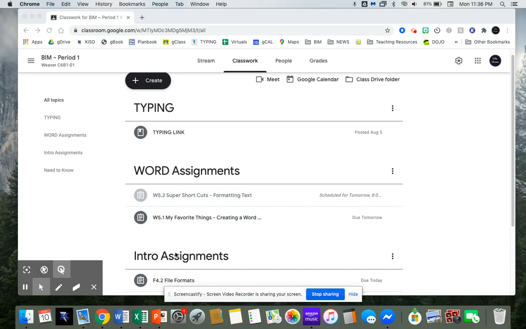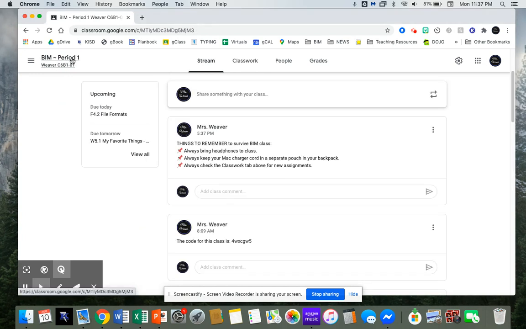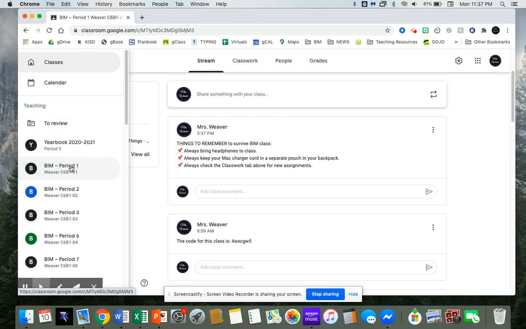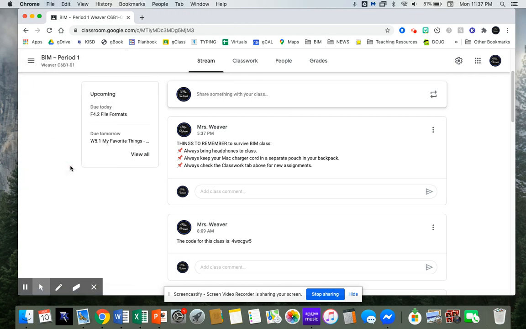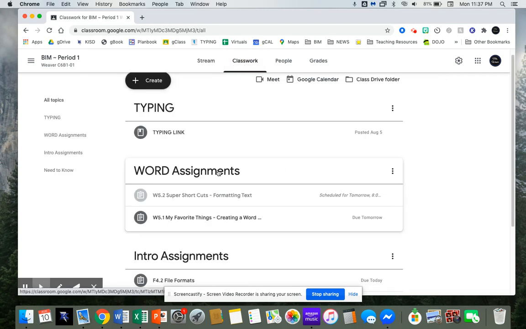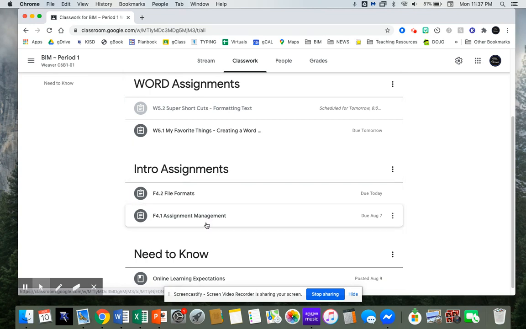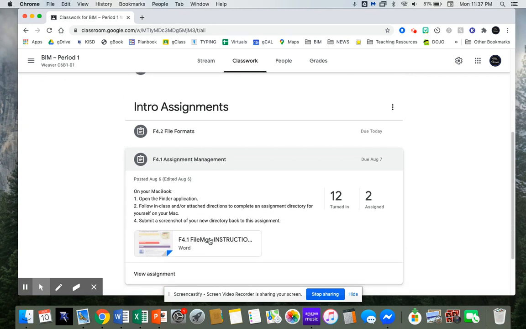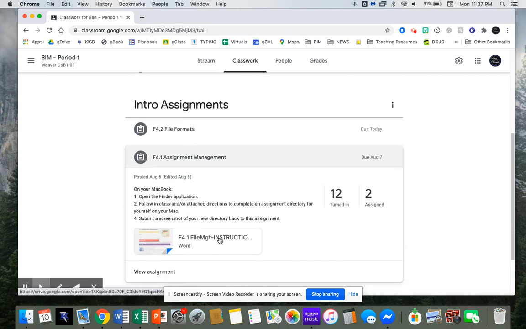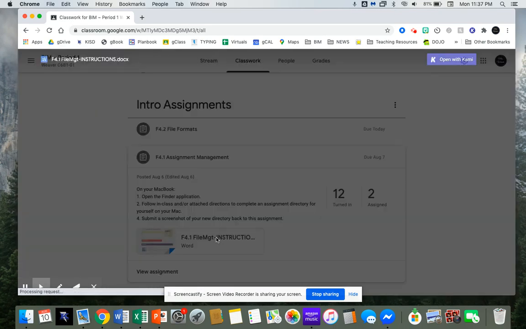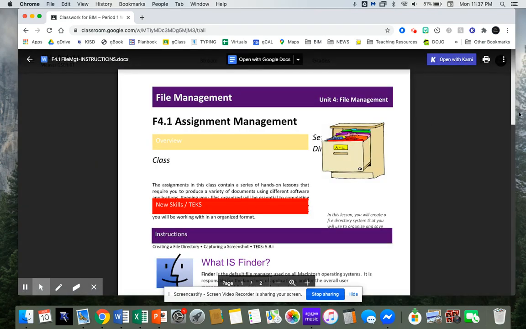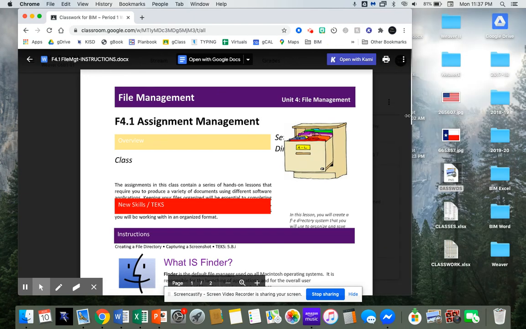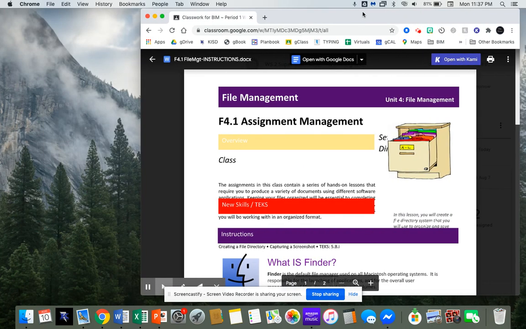So first of all, I'm going to come into Google Classroom and I will find the class that I have, and I'm going to look up in classwork and see my intro assignments. And the one that we're working on today is 4.1. And you will see that you have your instructions attached to that assignment. So I would encourage you to just pull that up and have it nearby as we're going through the directions